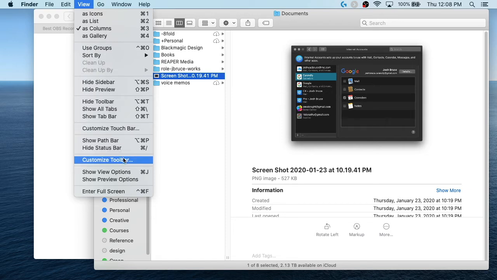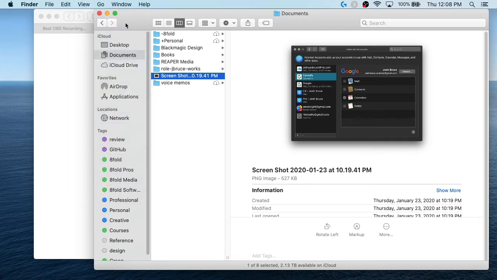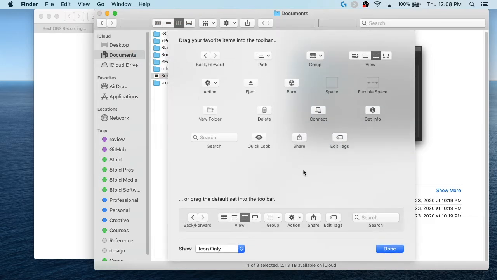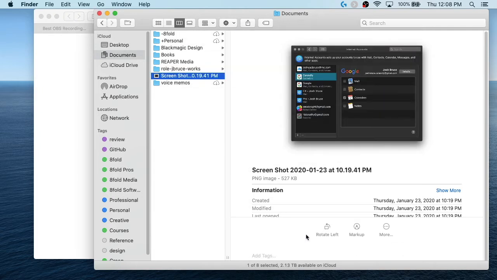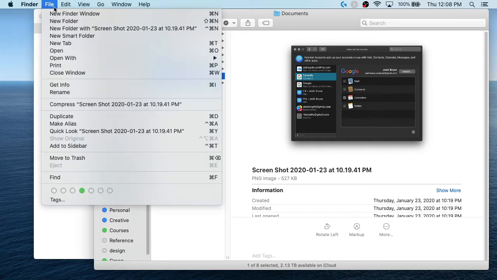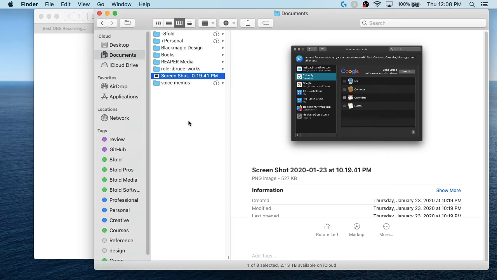You can customize the toolbar. We might do that, but there's some handy things. Oh yes, I am going to do that. So you can also just right click or alt click and customize toolbar. And one of the things that I always add is the new folder button, because I like to be able to rapidly delete and add folders, and I don't think there's a keyboard shortcut for create new folder. Nope, there is. Shift Command N. So maybe I'll try to commit that one to memory. So anyway,